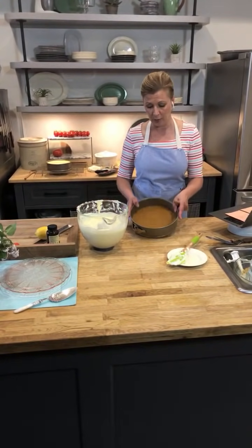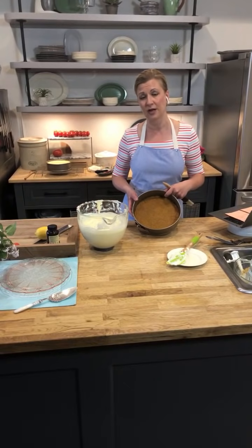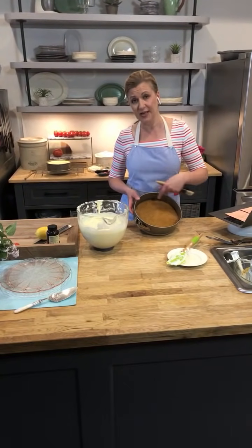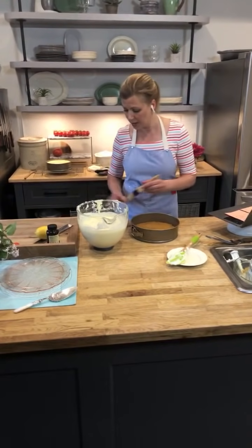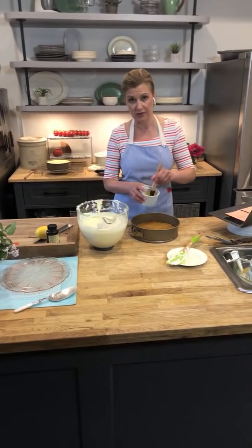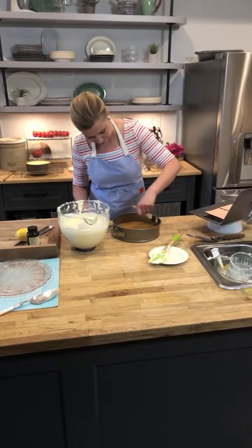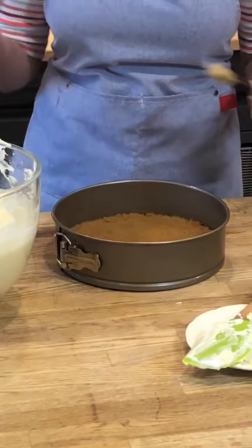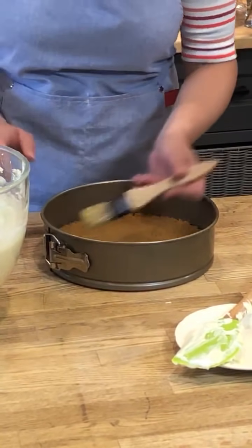Now, if you'll remember, when I baked the crust, the pan was ungreased. Now, I do want the cheesecake to release from the sides. So what I do is I brush the sides with just a little bit of melted butter. And I didn't do this beforehand because it would simply just drip down the pan as the crust was baking. So I do it after